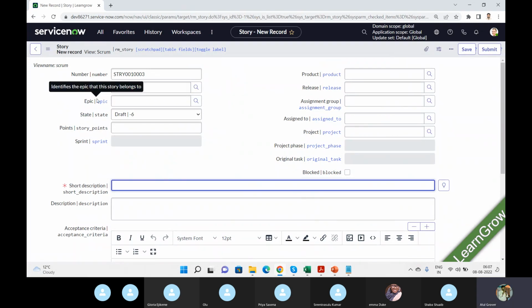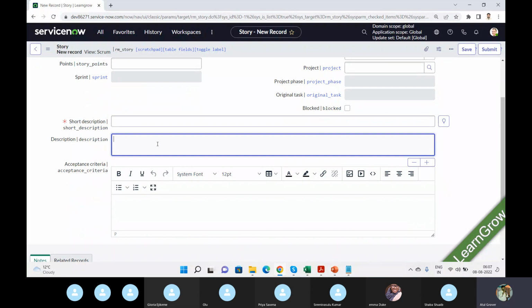Theme, epics, it's completely Agile format that we're not going to discuss, because for me the main intention is to tell you how to write a user story. That is important. And here we write it